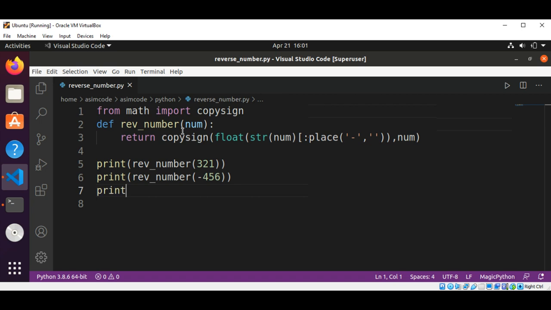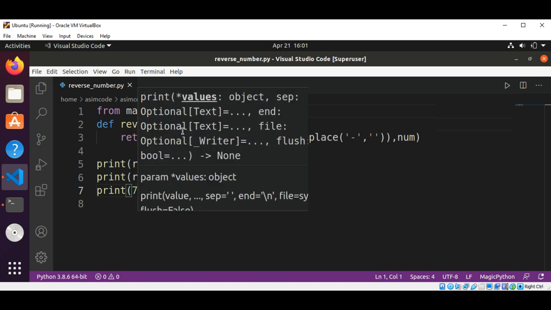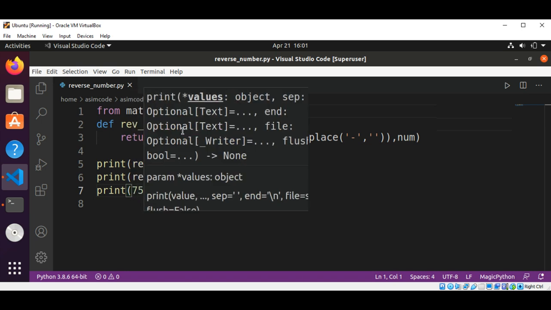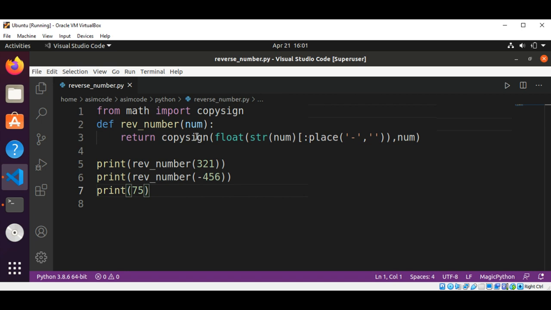And print. 75.6, pass into our function rev number,